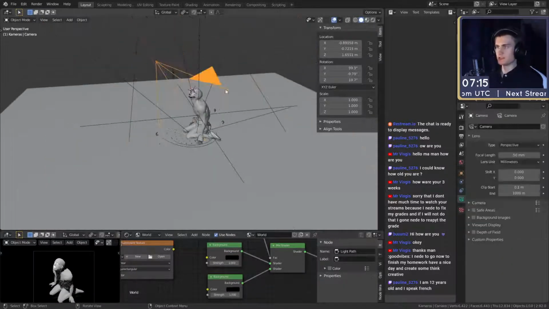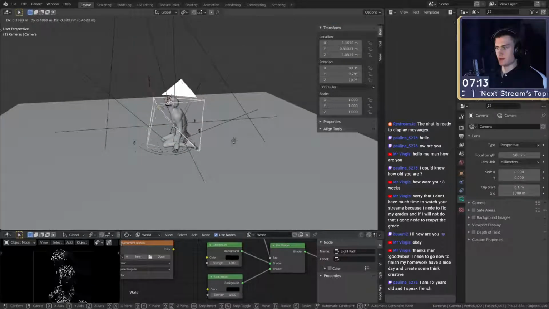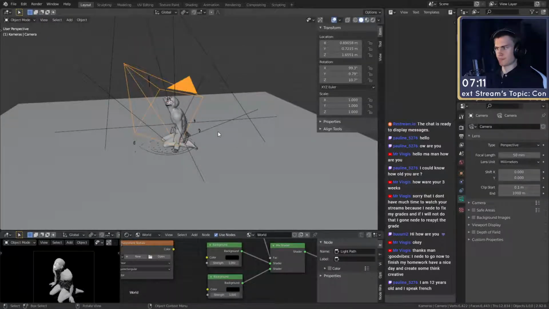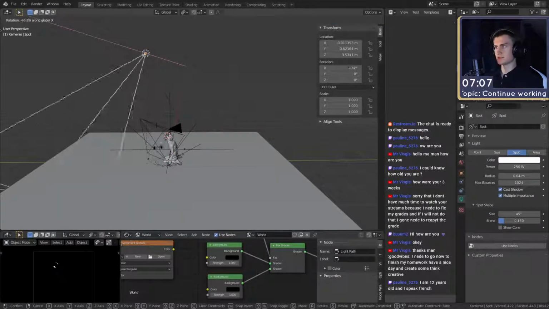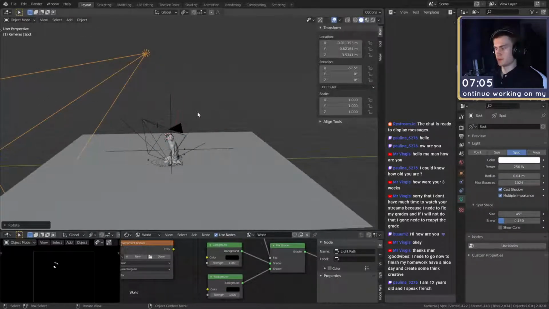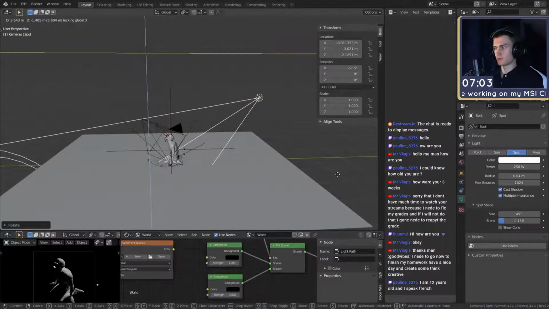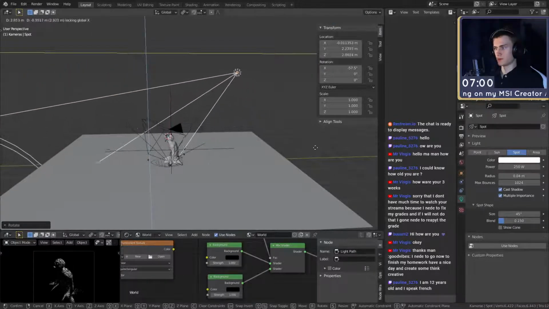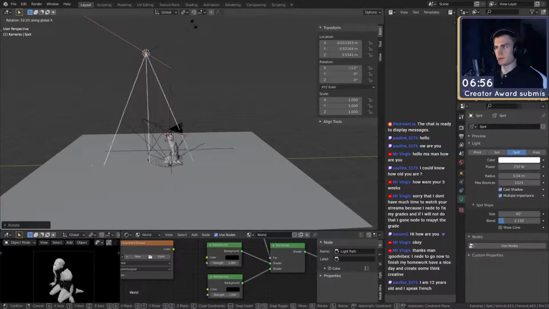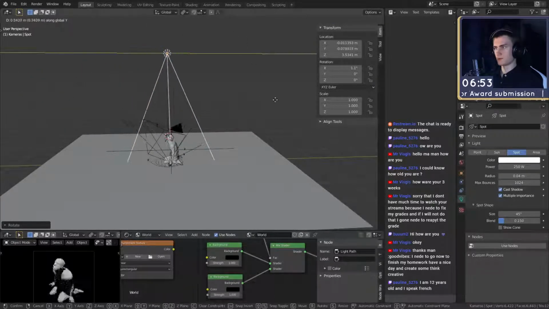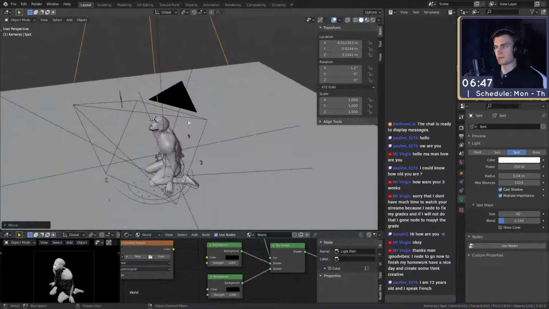I think I want to change the angle, or should I? Or maybe we should change the light angle. Let's see, I just want to play around with it some more. No, the other side looks kind of weird. Maybe right straight from the top. Looks kind of interesting. Let's keep that for now.